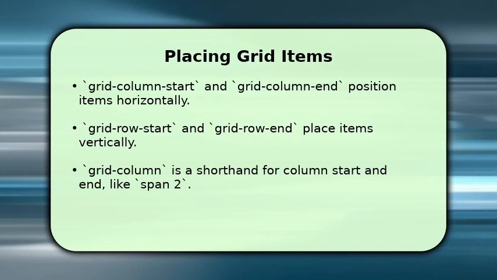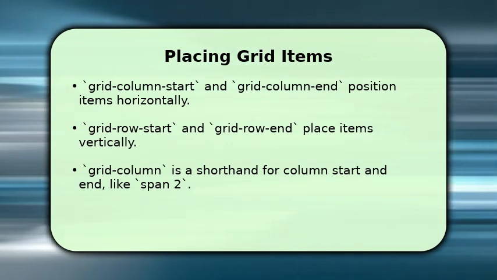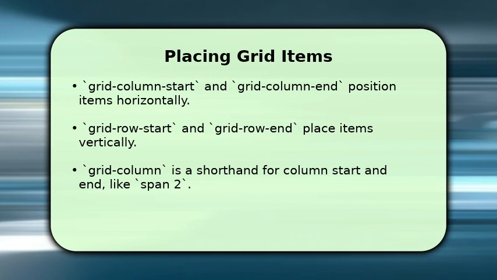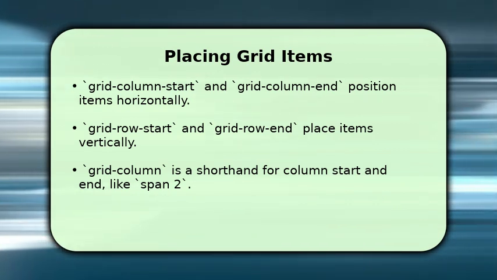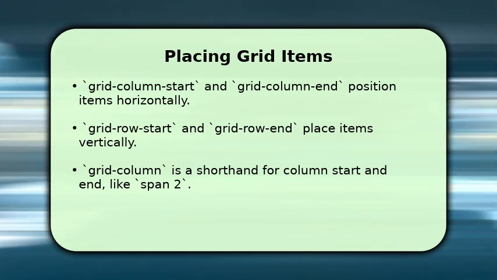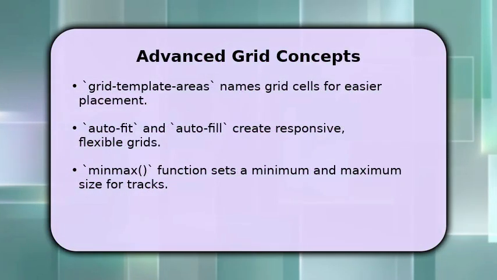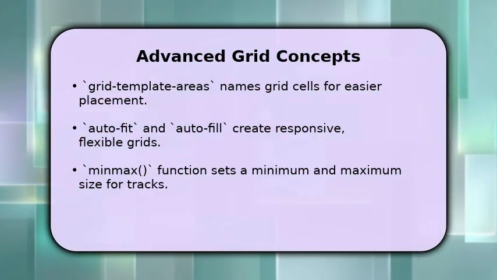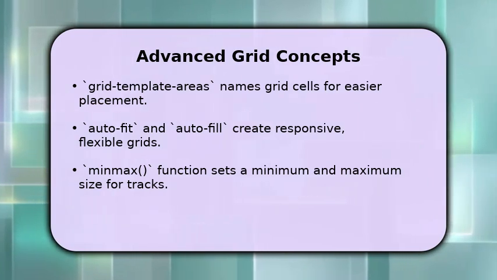Once your grid is defined, you can place individual items. Use grid-column-start and grid-column-end to position items across columns. For vertical placement, apply grid-row-start and grid-row-end. There are also convenient shorthands. grid-column can span 2 columns, for instance, and grid-row can place an item from row 1 to row 3, simplifying your code. For more complex layouts, grid-template-areas allows you to name specific grid cells, making item